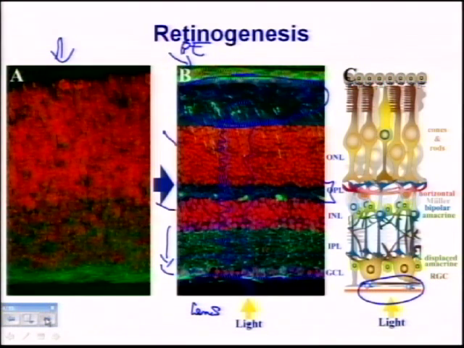Okay, so this light that's been processed through all this information ultimately gets to the ganglion cell layer. The ganglion cell layer has two cell types. Amacrine cells, which are called displaced amacrine cells, and that's not important, but it's about 50% of the ganglion cell layer. And then the ones that we're really going to emphasize are called the ganglion cells, or ganglion neurons, and those are present down here in the ganglion cell layer. So what we're going to ask is, how do these ganglion cells form, and what are their abilities and what are their functions with respect to developmental features? Okay, everybody with me?